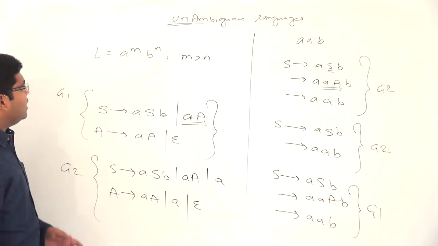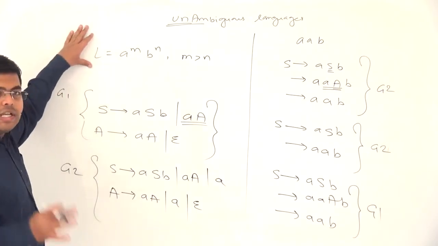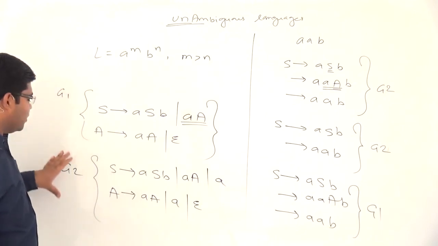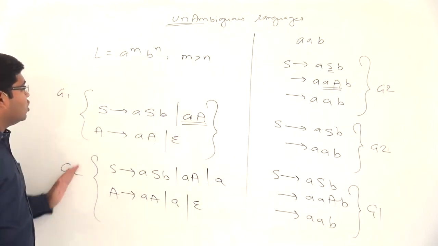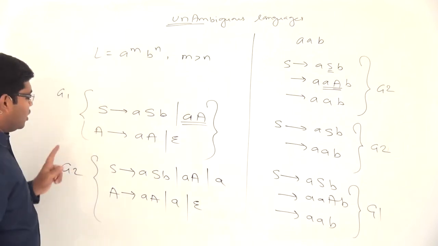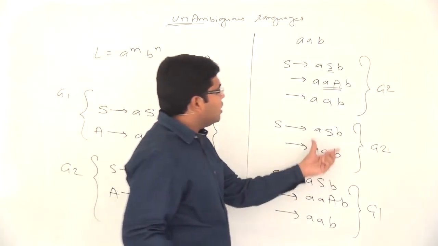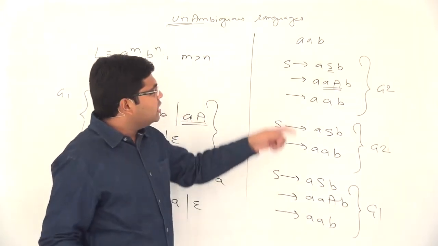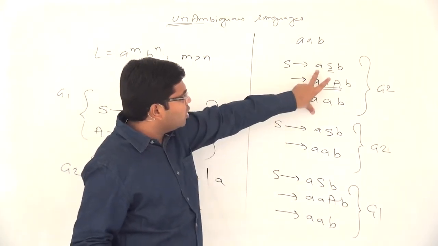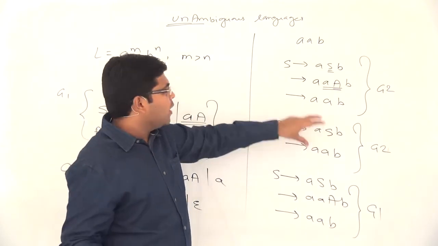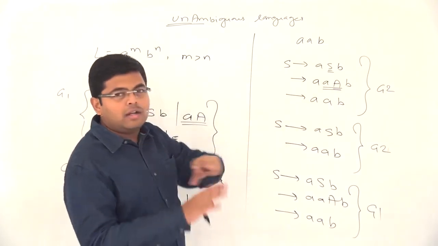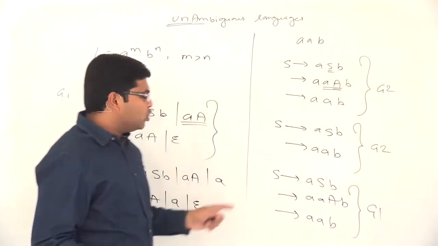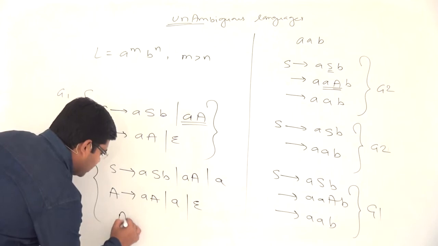So we can say that the given language is an infinite language. It can be represented with the help of G1, and it can be represented with the help of G2. G1 and G2 represent the same language L. However, if you observe, for one string you get two different derivations in G2, and please make sure that these are two different derivations. Here you need three productions, here you need just two productions. Different LMD, different RMD and different derivation trees. That's why G2 will be called an ambiguous grammar and G1 will be called an unambiguous grammar.